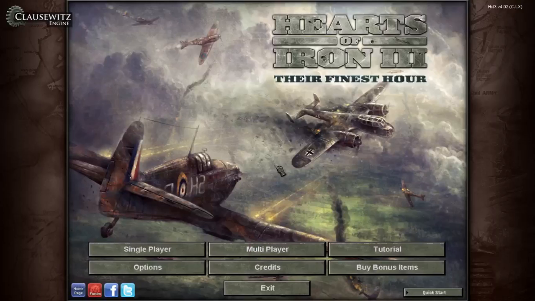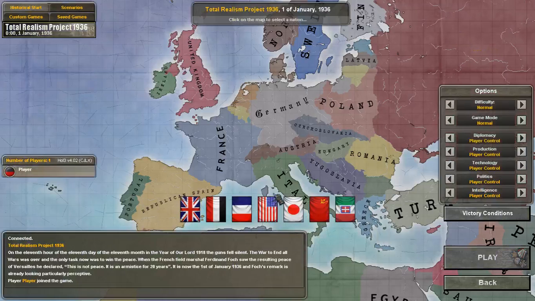Welcome to another episode of Hearts of Iron 3. We're doing a new series. This is a brand new episode. We're on a brand new mod, and I am quite excited. Instead of doing the Black Ice mod, this time we're going to be using a mod called the Total Realism Project. I haven't used it before, although I have done several attempts on making